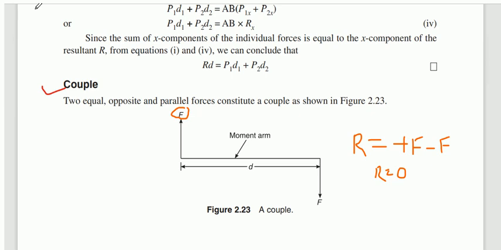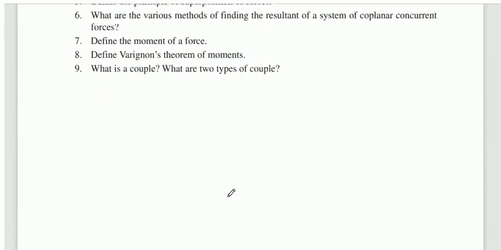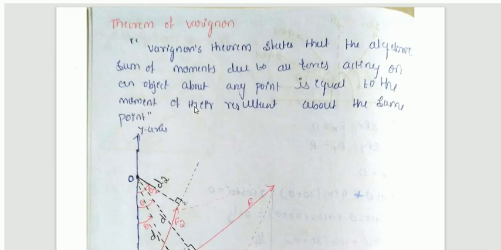Okay. So then we can move to one of the important theorems, that is Varignon's theorem. Let us see what we mean by Varignon's theorem. Try to concentrate on the explanation here. We know the concept of the moment. This Varignon's theorem is mainly based on the moment concept. So what does it actually say,